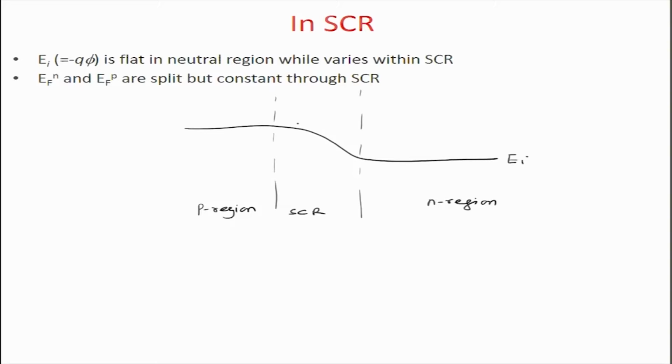Since the n side is now illuminated with light, the n side is flooded with electrons, and the concentration on the n side becomes huge. As a result, the quasi Fermi level on the n side, EFN, shifts up, whereas the EFP on the other side, since this is the p side, is lower, because this is the p side region. So, it is going to be p rich.